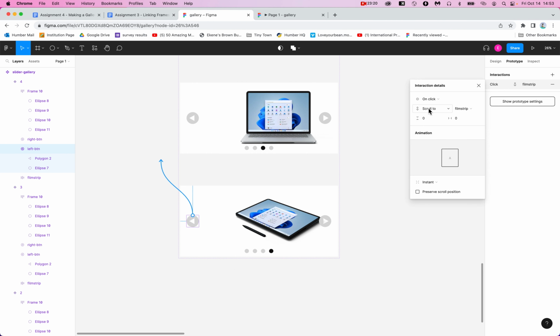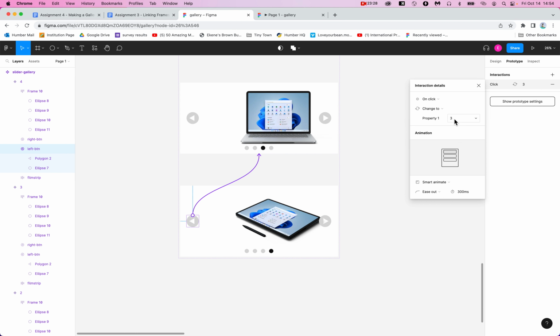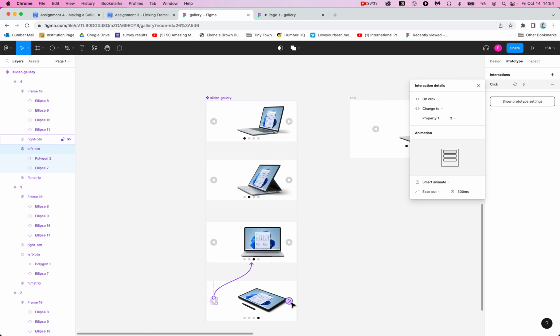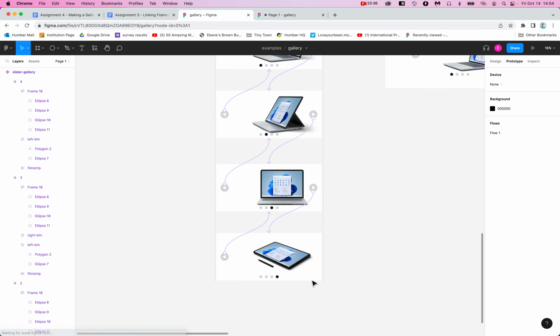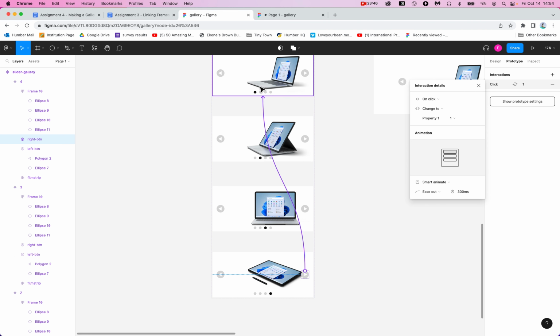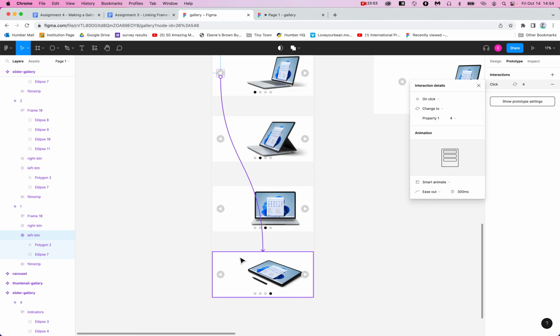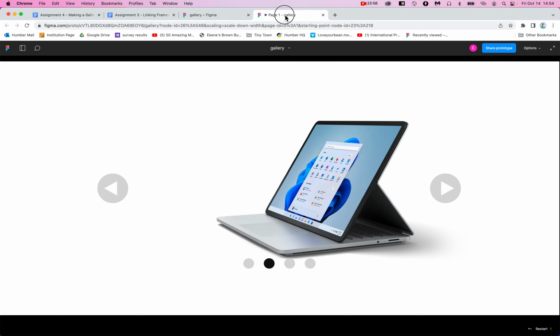On click, scroll to film strip. That's not what we want, right? I want on click, change to variant number 3. Now this last one, you have some options here. You can delete it. Right? If that's the end of the line, you could delete the button so the user knows that that's the end of the line. Or you can hook it up to the first one. Right? Both are fine. And in this case, this button, I'm going to link it all the way back to variant 4. And now I'm going to go back to my preview,